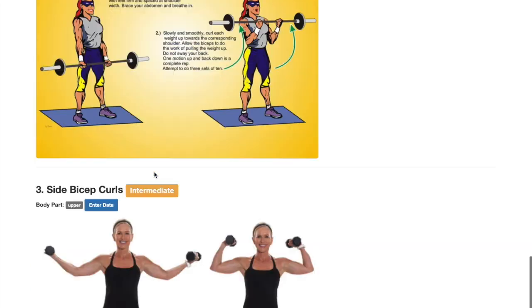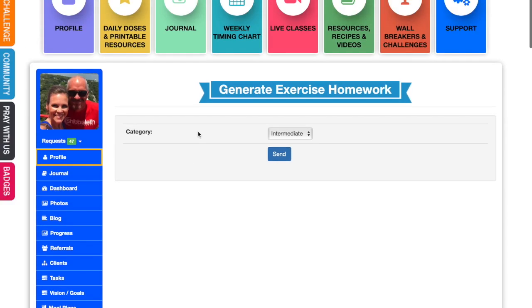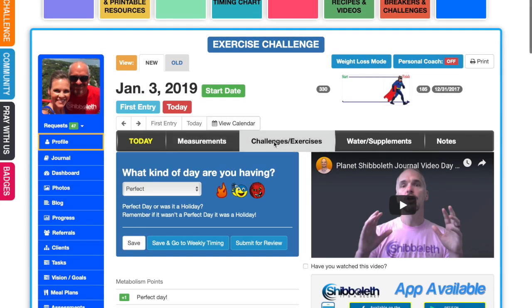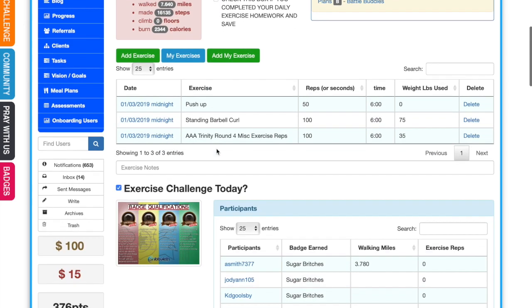Now, I've generated this exercise homework. You see that? I could have printed it. But now look what happens. I'm going to go back to my journal. And this time, upon going in there, it says exercise homework. But under it, I've got check this box if you completed your daily exercise homework. I believe I might do that. That might get me that Savage badge. But anyway, if I check this box off, that means I'll get another type of badge. The more badges you shoot for, the more badges you earn, the better the fat loss, the better the transformation. I guarantee it. So if I do those exercises that were in my exercise homework, boom, I check that off.